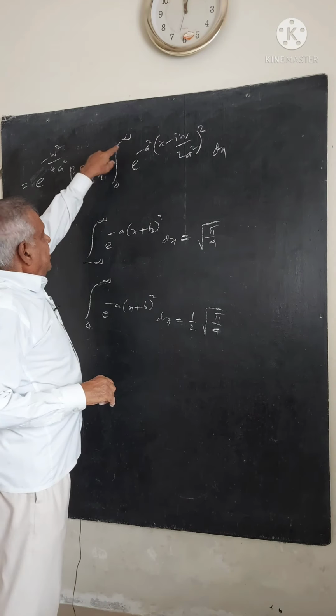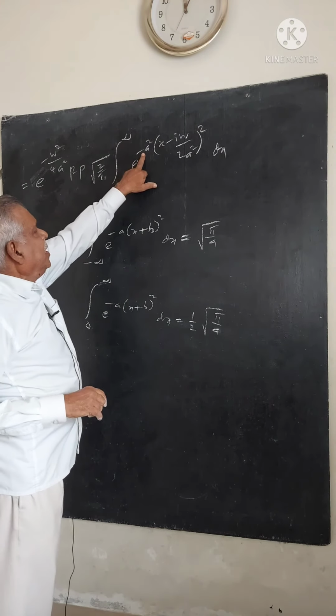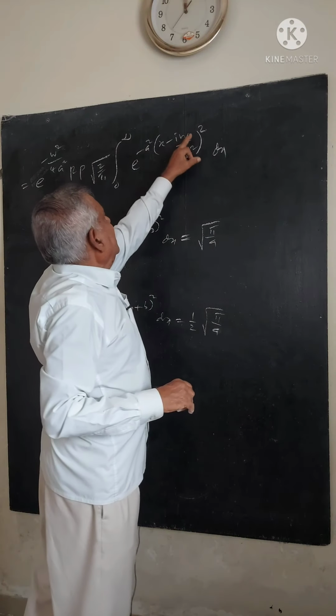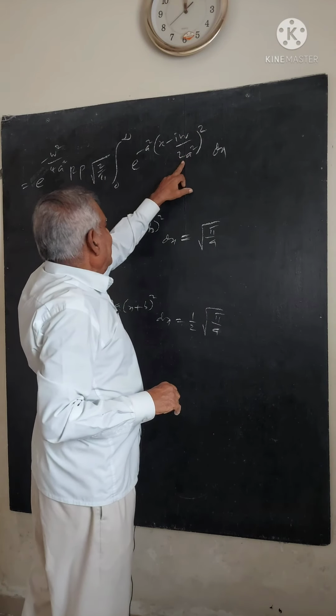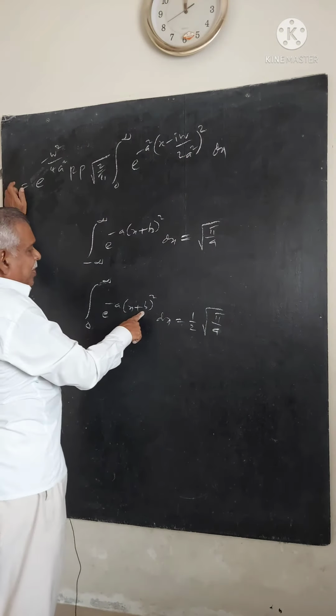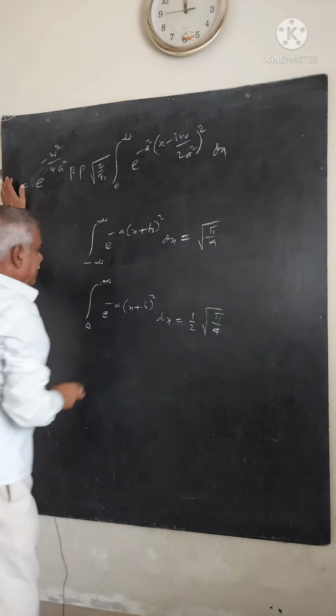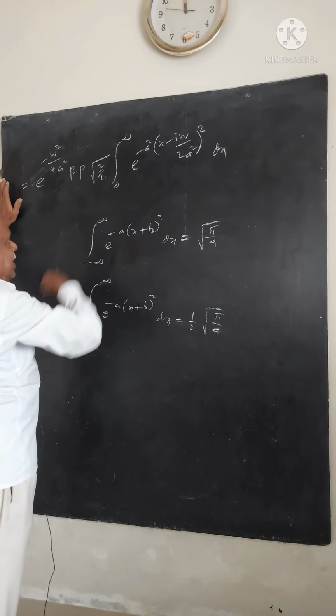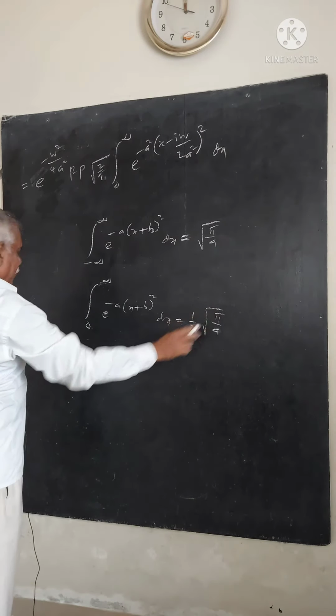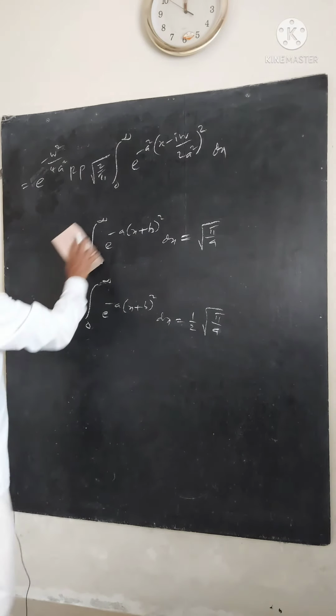Here 0 to infinity comes. Instead of a squared here, instead of b, this form comes, I omega to a squared. Therefore, b is not coming in the answer, so this is not necessary. We are only putting a squared by applying this formula of root of pi by a.